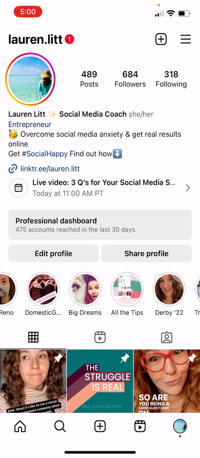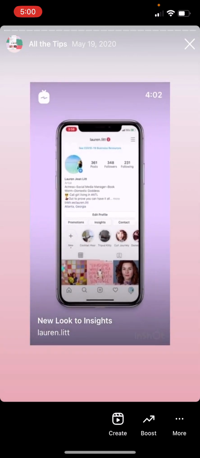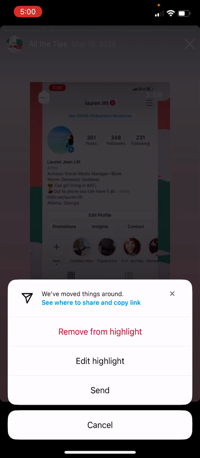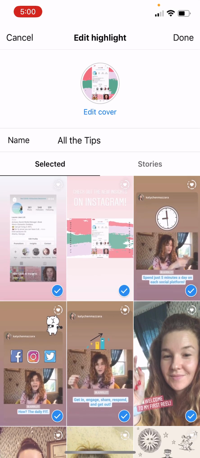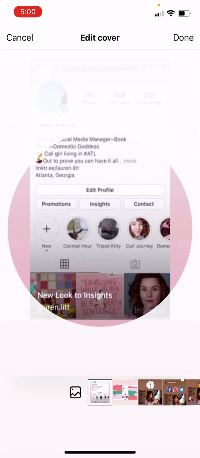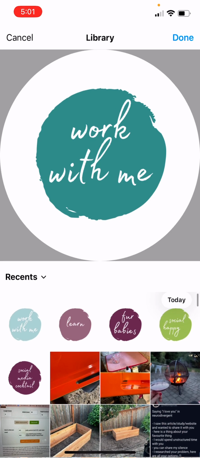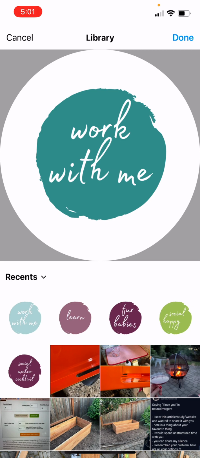The first way is I'm going to click on the one that I want to update. And then in the bottom right-hand corner, you'll see under the More, I'm going to edit the highlight. So now I'm going to edit the cover. On the left-hand side, the little mountain caricature, I clicked that. That opens this, and I'm looking for my, let's see,